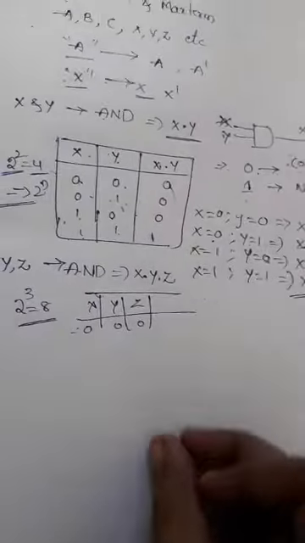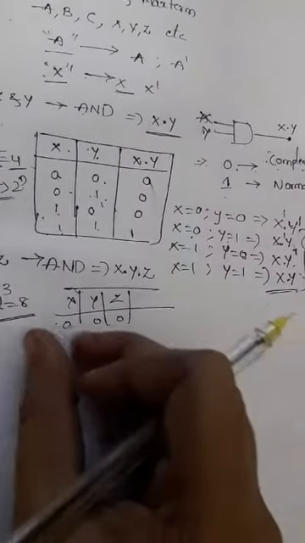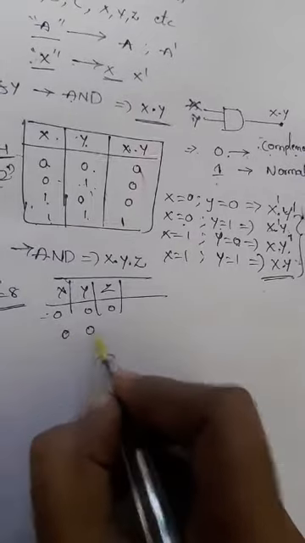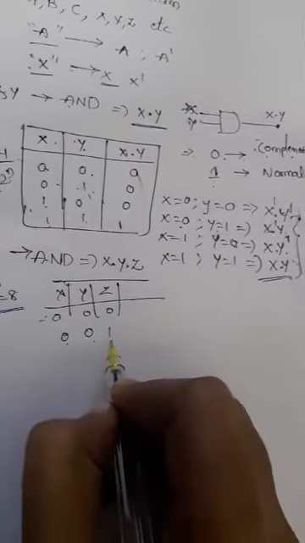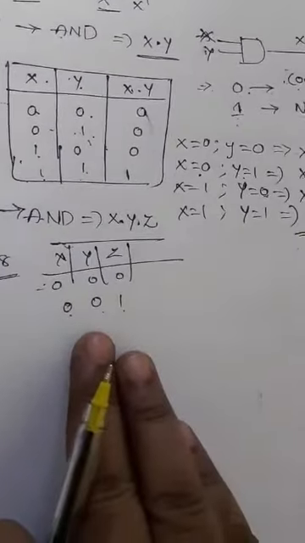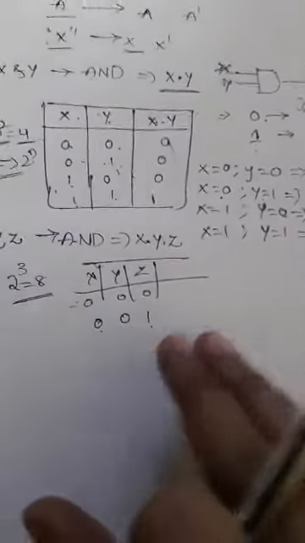After that, depending upon the result, you can write it: x complement, y complement, z complement. Next, 0 0 1 gives x complement, y complement, z. Like that we can represent up to 8 combinations. A symbol for each minterm is designated by small m with suffix j, that is m j. This denotes a minterm.